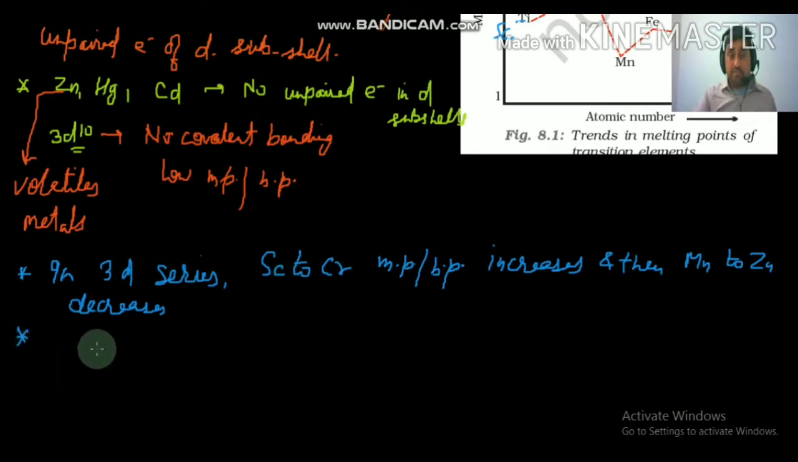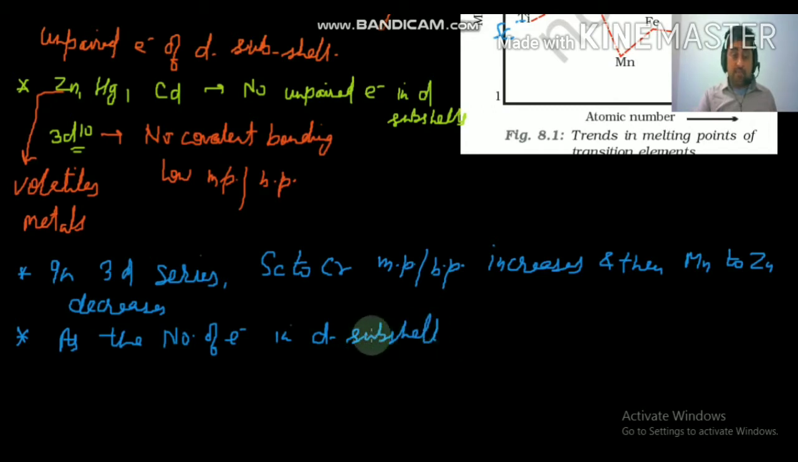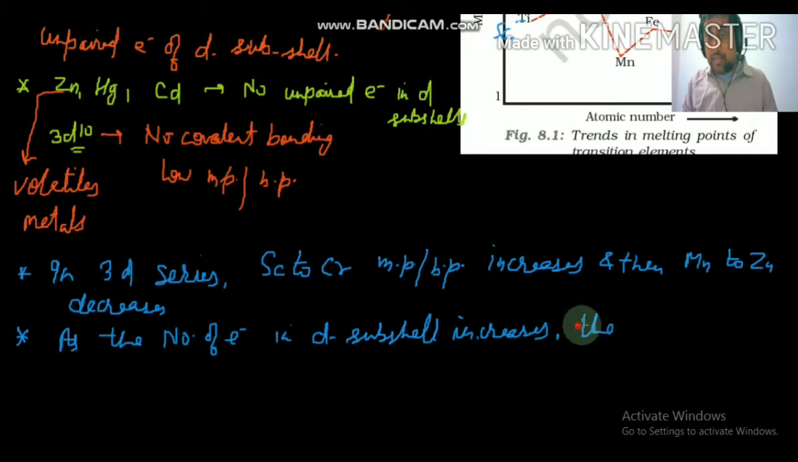Okay, what is the reason for that? So the reason is, as the number of electrons in d subshell increases, you will see the bonding, the covalent bonding, and in fact the metallic bonding too,